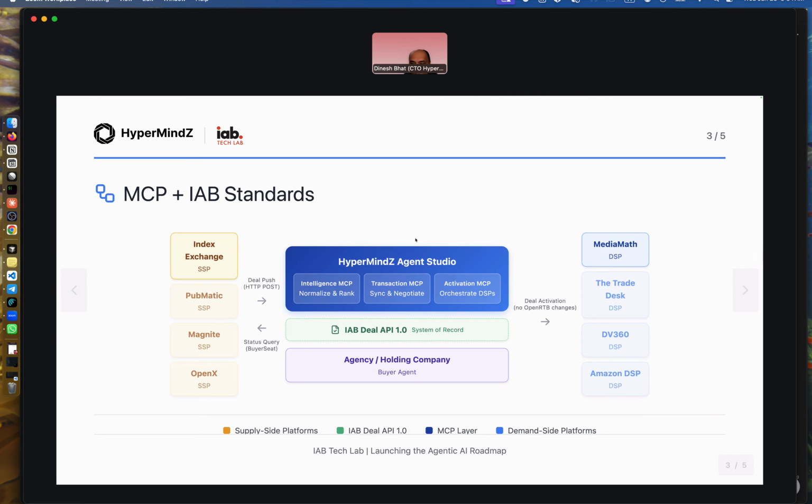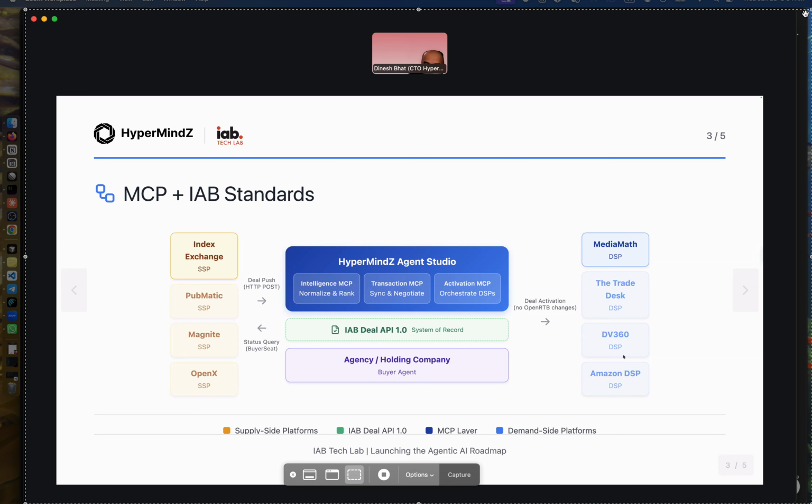Buyer agents operate through 3 Model Context Protocol layers, MCP layers. So we use MCP alongside the IAB APIs to enable end-to-end orchestration of agents. That's necessary. And on the right side, we have activations across multiple DSPs. So let's go back to the Agent Studio here. So we have 3